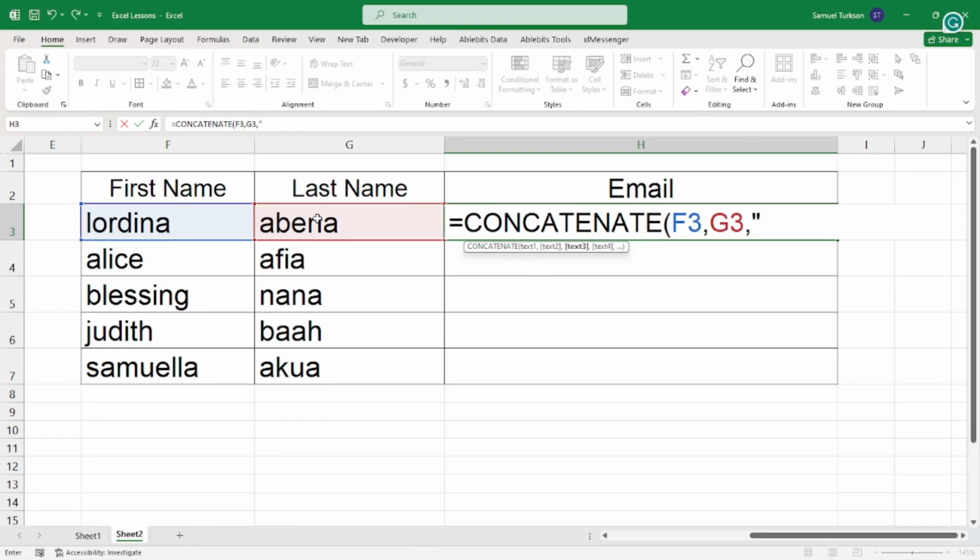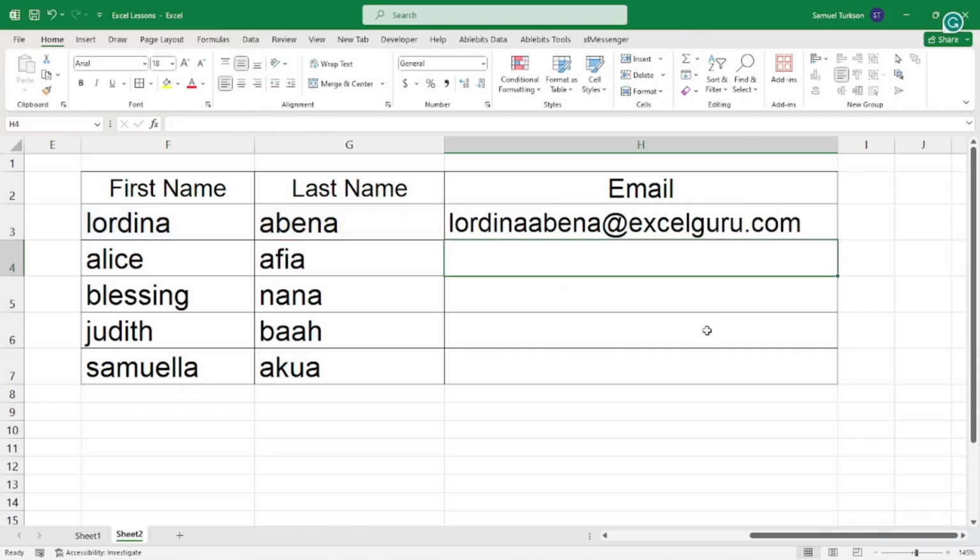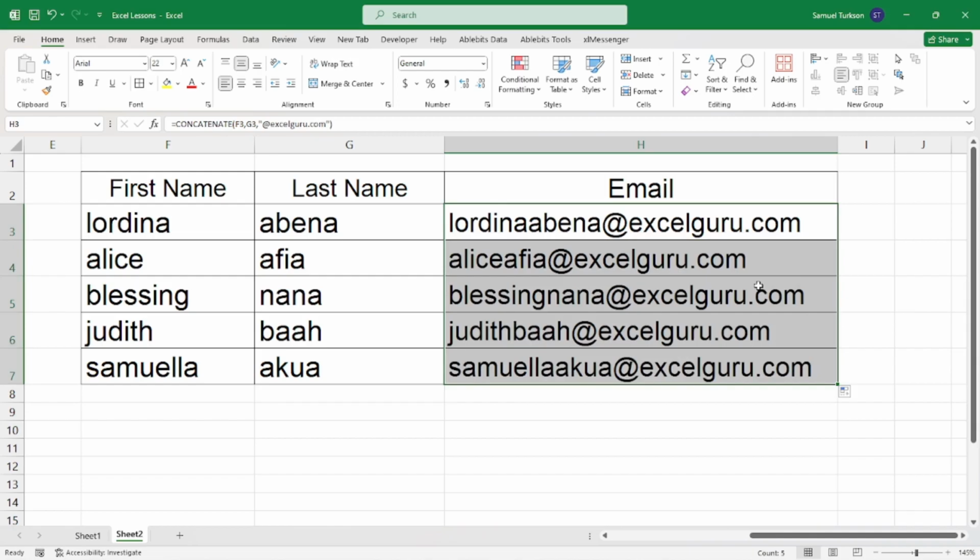Let's say at excelguru.com. Okay, at excelguru.com, and then let's bring another double quote here. Okay, then hit the enter key. So that is it. So when I drag it, okay, this is how you can also use concatenate to generate